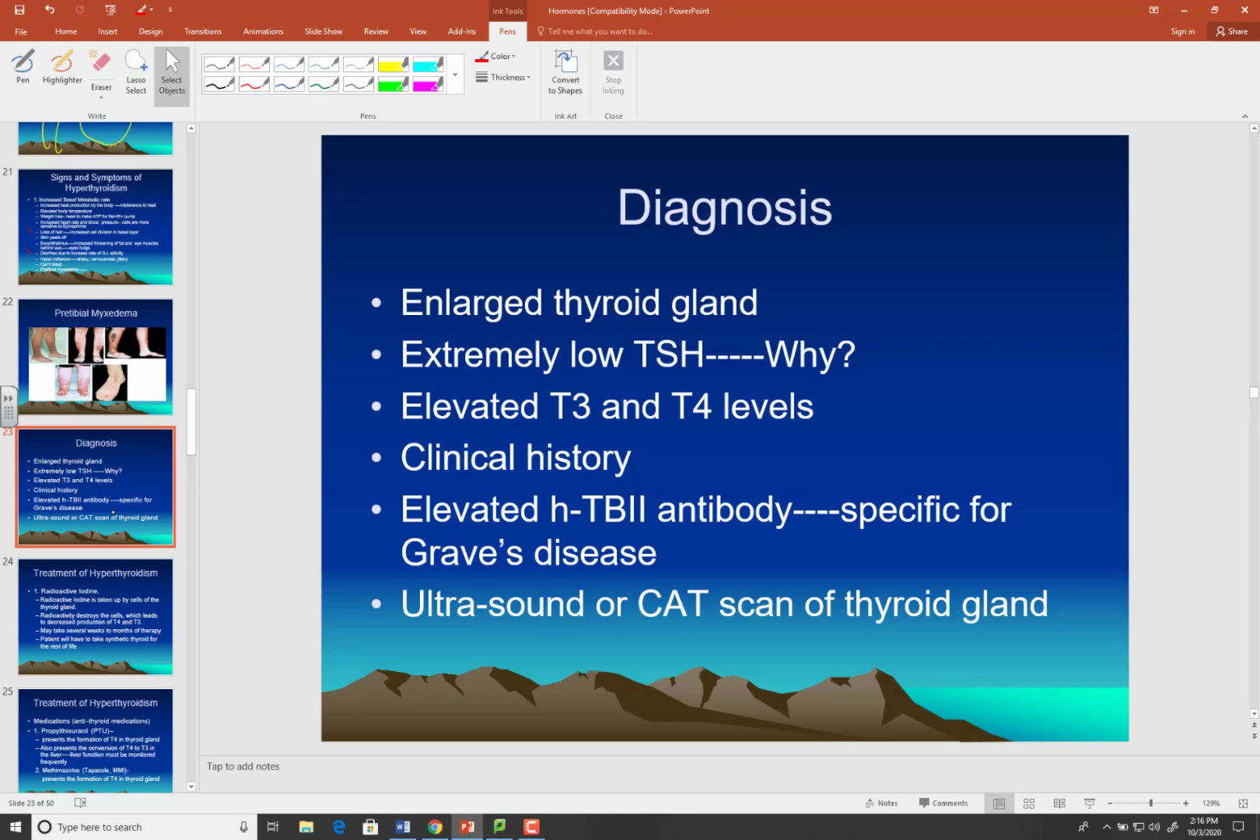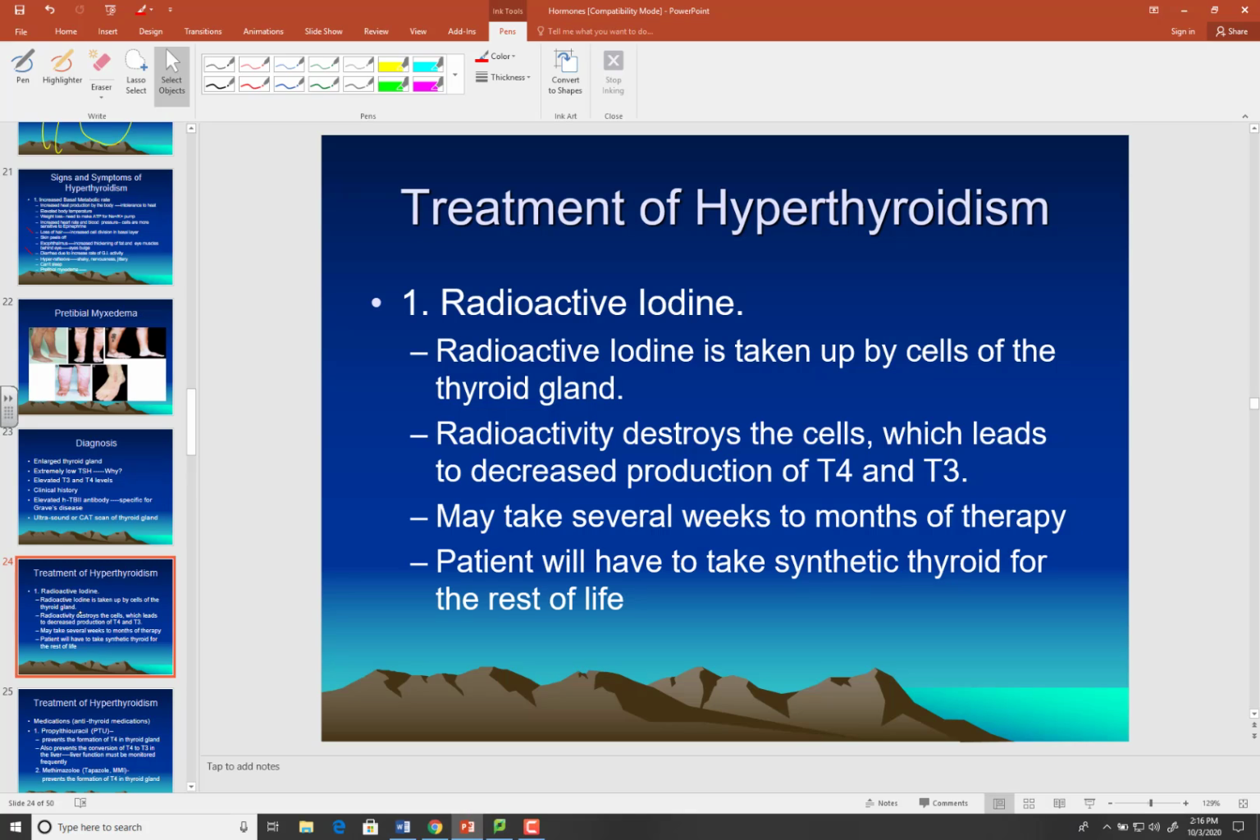Now, elevated T3 and T4, explain that. Elevated antibodies, those are specific for Graves' disease, so they can actually measure the antibody that's circulating in your blood to make that diagnosis. And the treatment for hyperthyroidism, along with Graves' disease, one of them is the